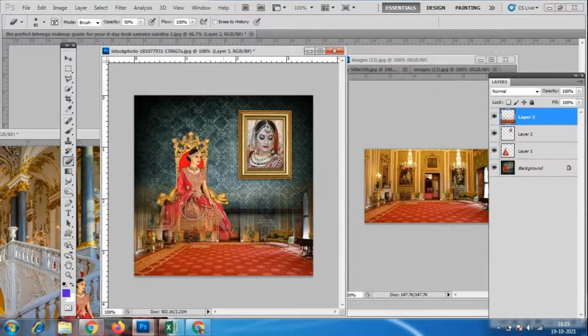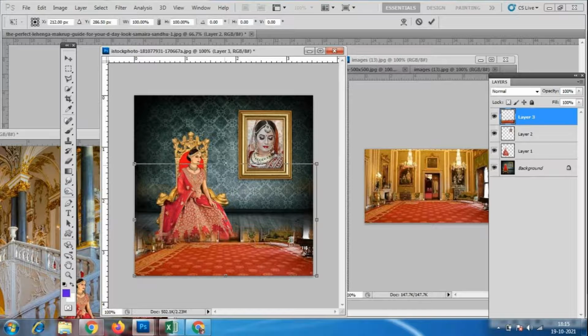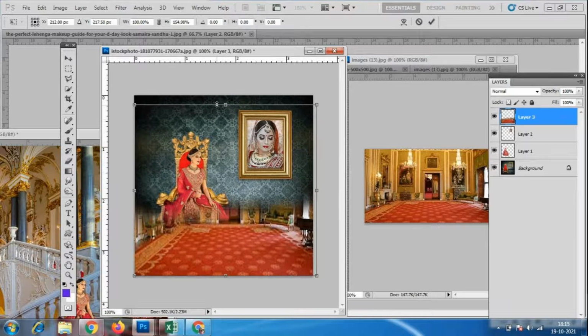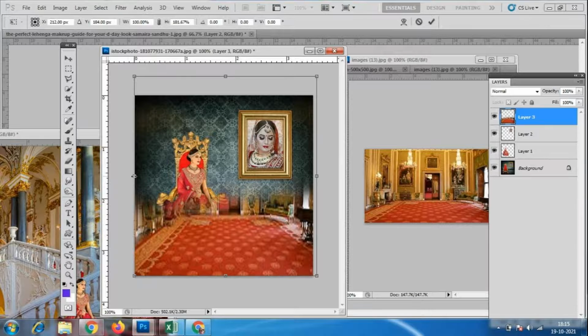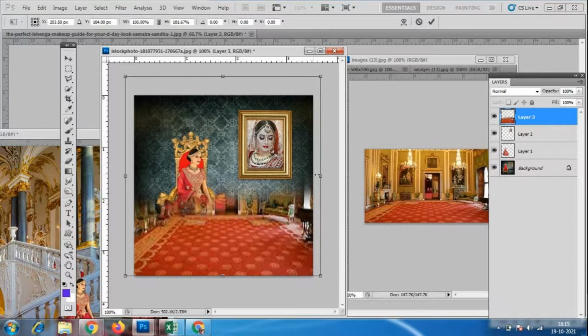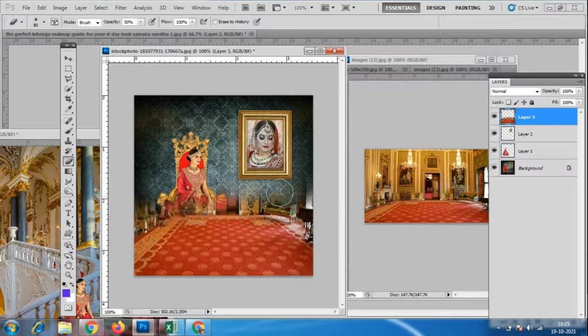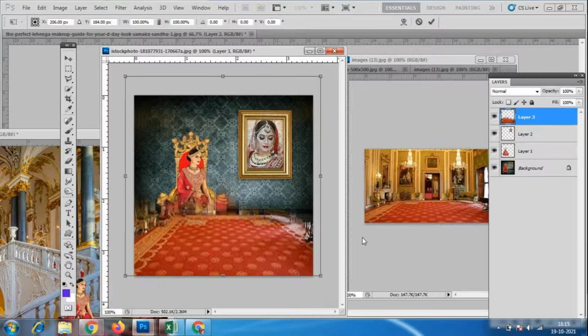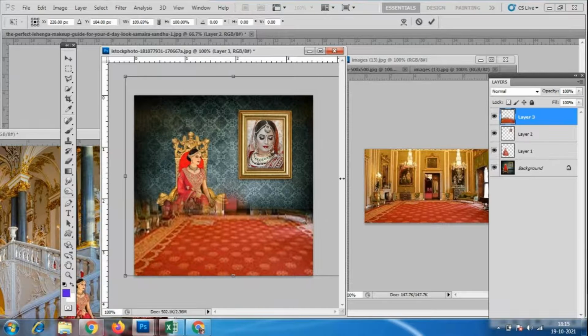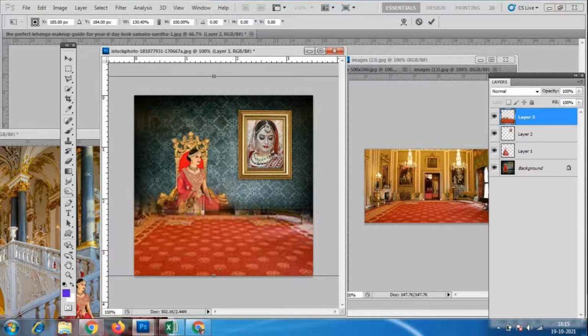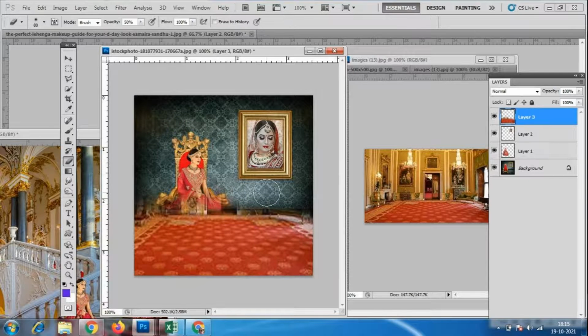Control T. However much I want, I'll take. This is not work you have to do in a hurry. Slowly you have to do this kind of work. Control T, all these small commands. This image quality is not good, still I want this carpet.